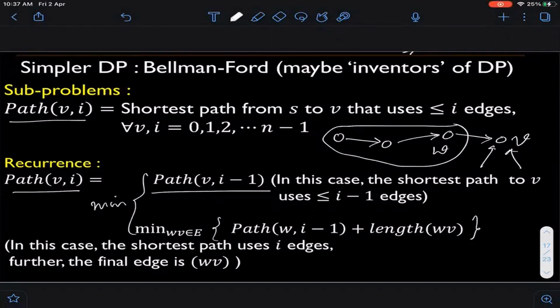Okay, so last time we wrote the base cases. So today I will just make a small modification to the base case, not a modification really. So, okay, so what will be the base cases? So can somebody remind me what is the base case? Yeah, just to make sure that we are all awake and on the same page. Yeah, can somebody tell me the base case? Yeah, zero edge. Okay. So how should I write the base case is the question.